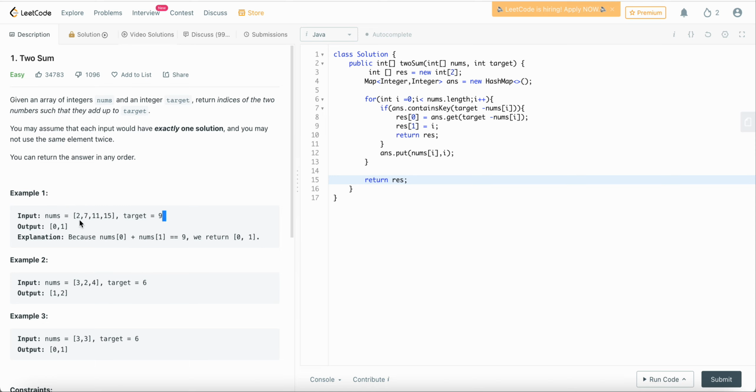Basically, we need to find any two numbers in the given array whose sum is 9, and we need to return an array containing the indexes of those two numbers. So this is a very simple problem. To do this, we should always start by giving a brute force solution. So the brute force solution for this is